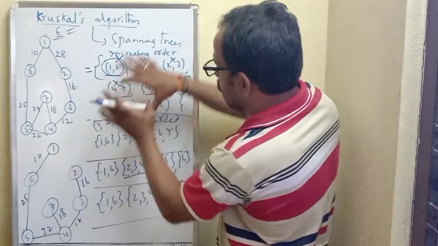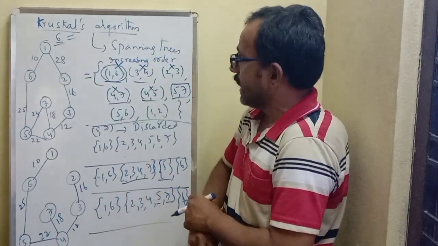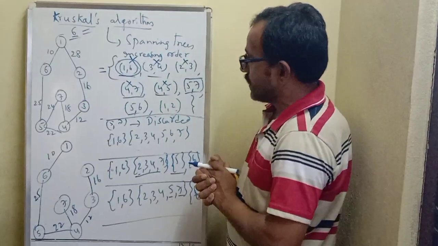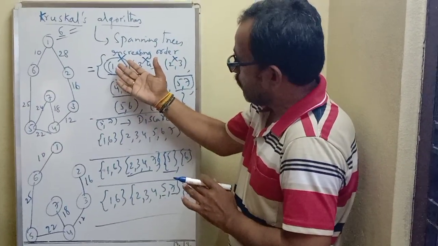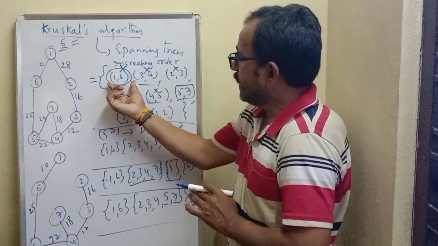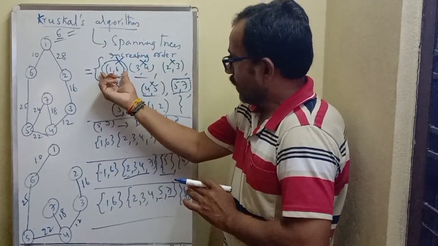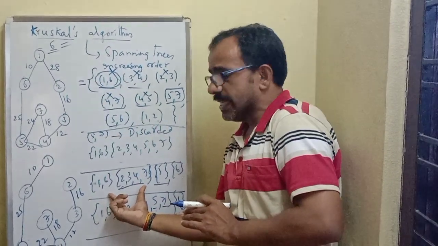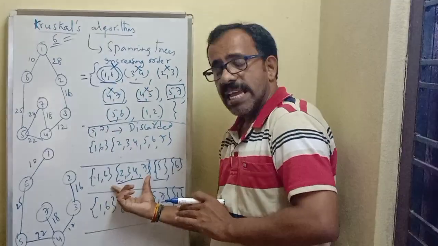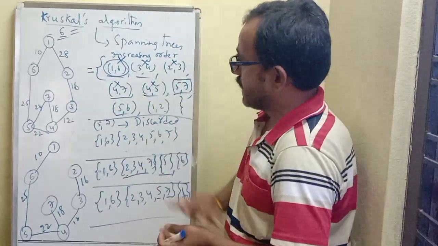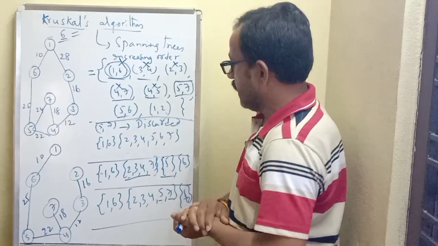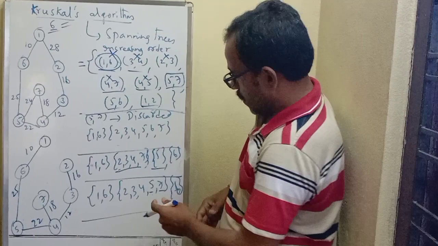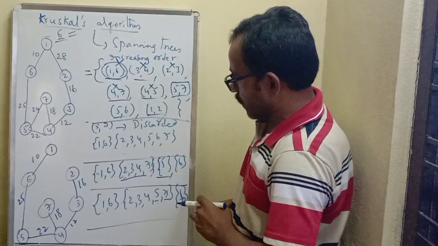According to Kruskal's algorithm, every time we select the minimum cost edge. After selecting the minimum cost edge, we check that edge against cycles. Whatever nodes you selected for the edge, we immediately verify those two nodes against the sets. If those two nodes are in the same set, it makes a cycle; otherwise we can successfully include that edge into the spanning tree. Then go to the next one. The next edge is 1, 2.